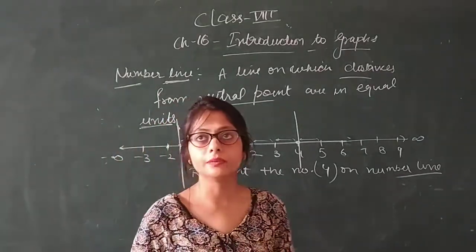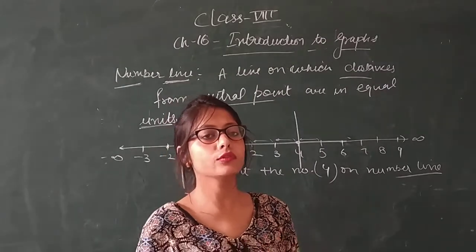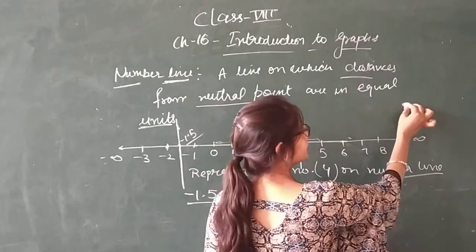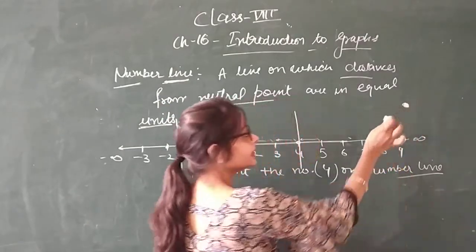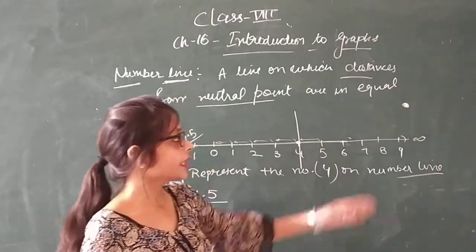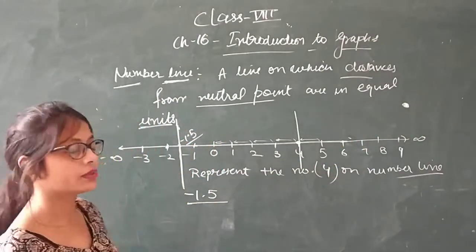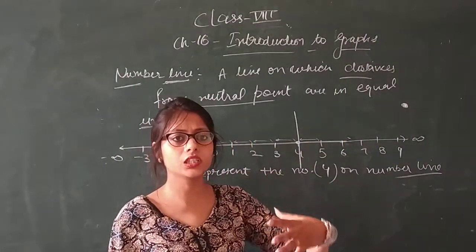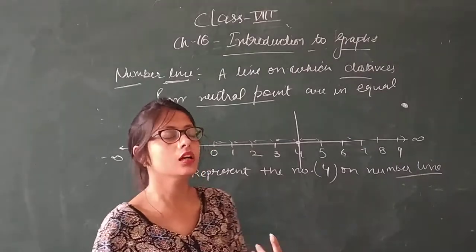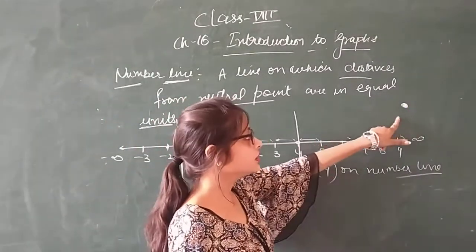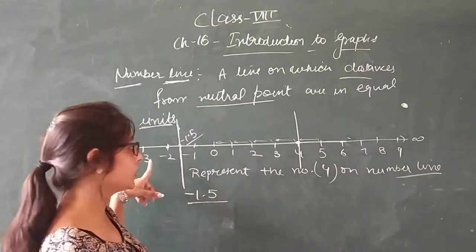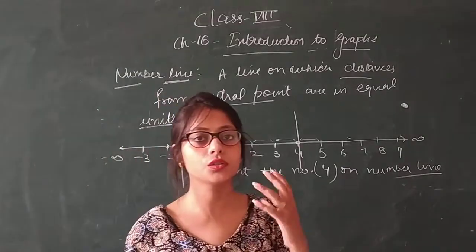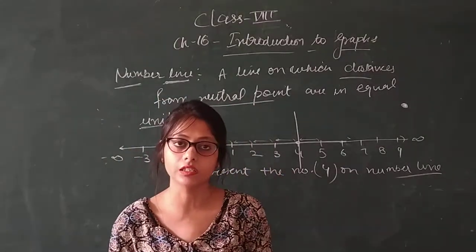Now, moving forward, suppose I have to find the location of some point, like this point I am representing on the board. Can we find the location of this point by using the number line? Is it possible? Like the location of your house in Barnala, if I have to find it. This point cannot be found using only one number line. Actually, we need two number lines to find the location of any point.